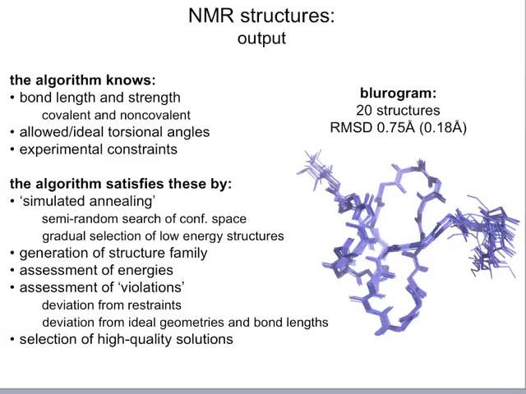We don't need to go through all of those, but it involves a generation of a family of structures that fit our data, and then the assessment of those violations. So does our solution have bonds that are too long, or populate part of phi-psi space that's not allowed, etc.? And then we select among those solutions for those that deviate from one another the least, and we call that our average structure. Here, this blurgram is made up of 20 structures. The authors published 20 different structures in their PDB entry, and these structures have an RMSD of 0.75 angstroms,